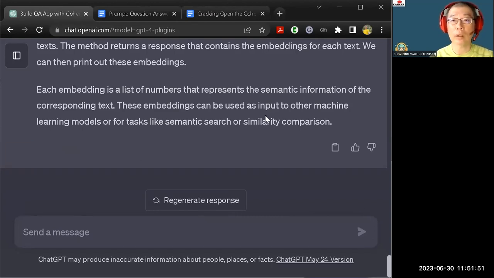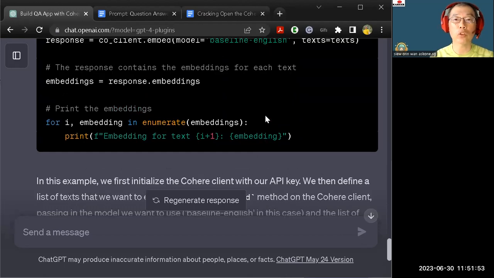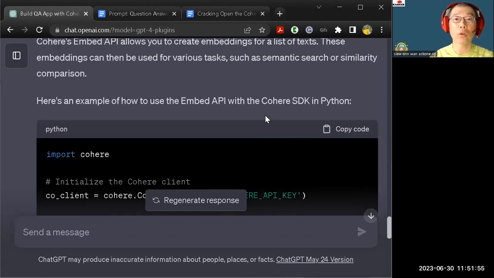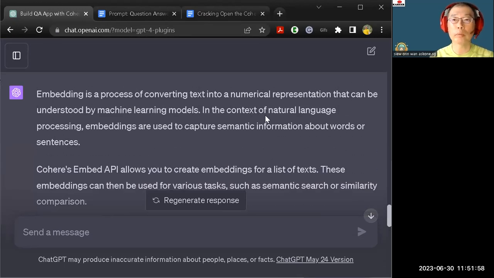Okay, let's look at the response from ChatGPT. So based on the information that we have shared, embedding is a process of converting text into a numerical representation